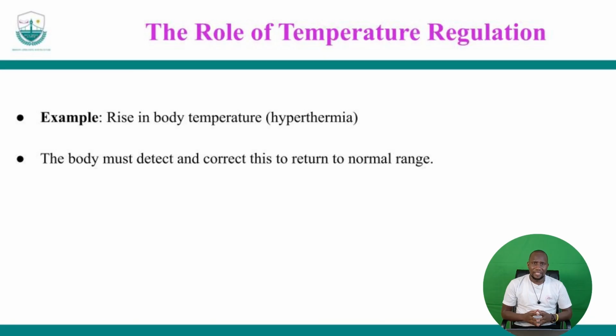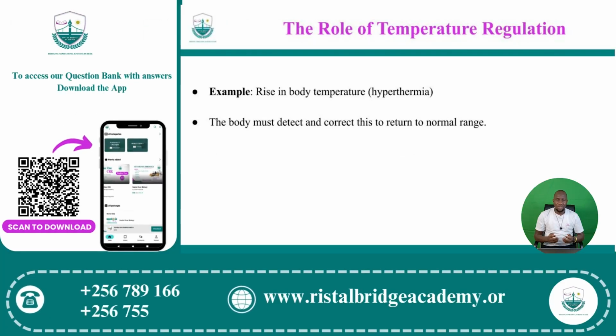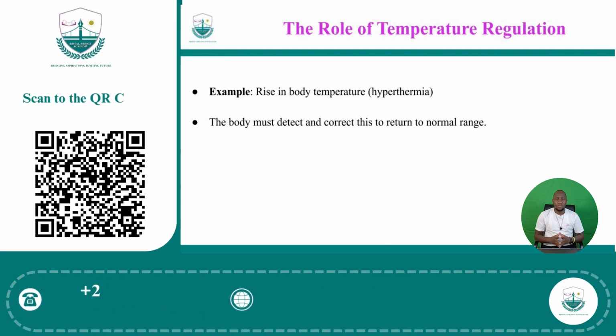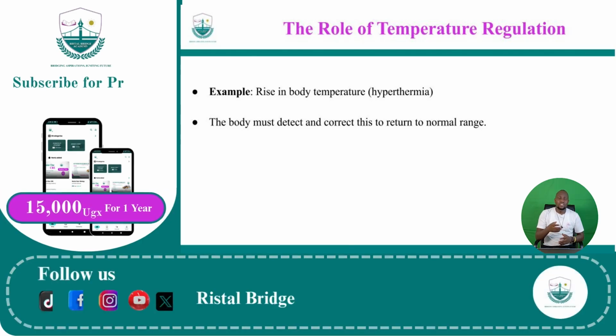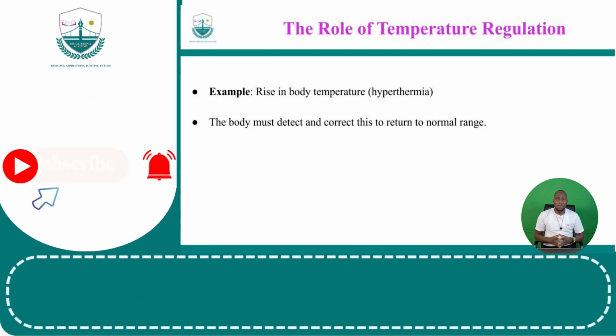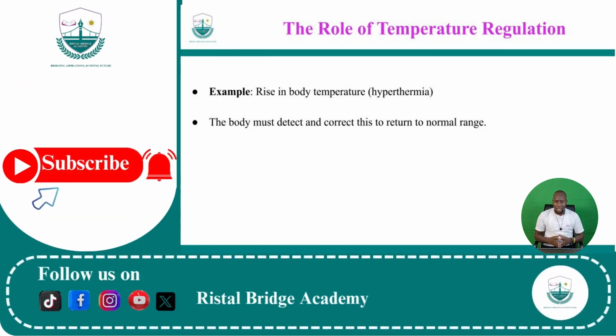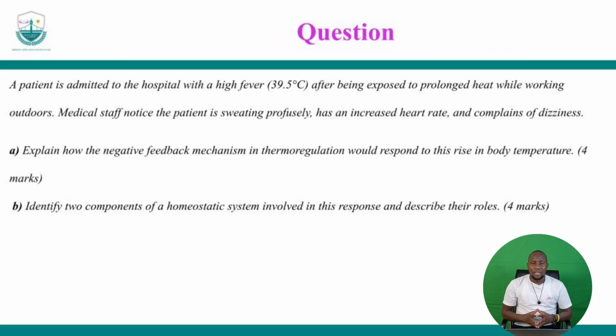So what the body does is to notice that there is an increase in the body temperature, and then tries to bring this body temperature to the normal ranges by instituting different mechanisms, including the things that we see in this patient, like sweating. When someone sweats, we expect that the evaporation of that sweat causes cooling, but you